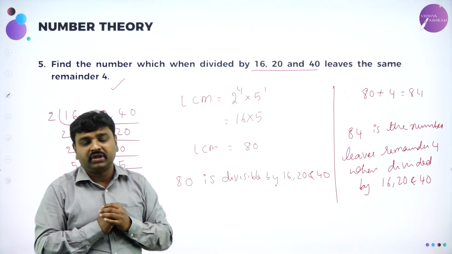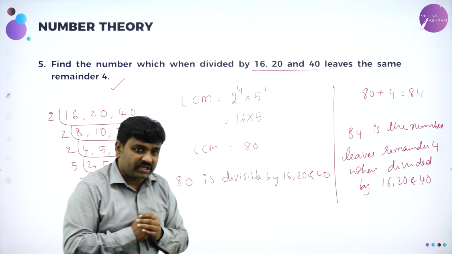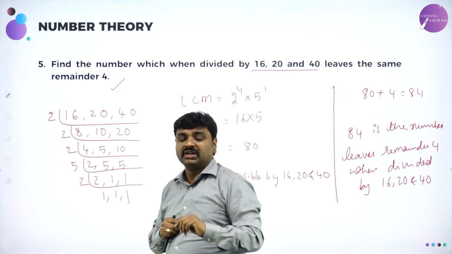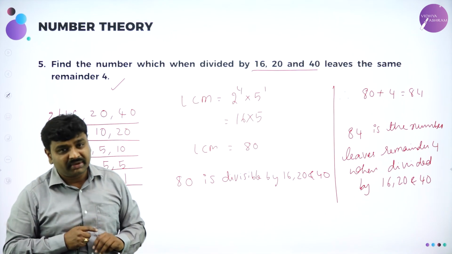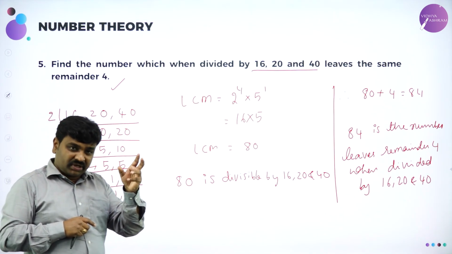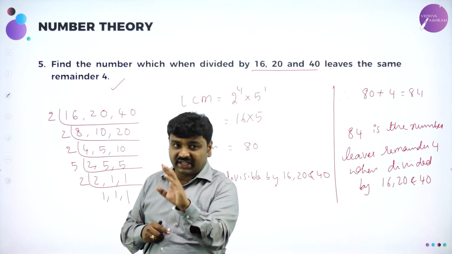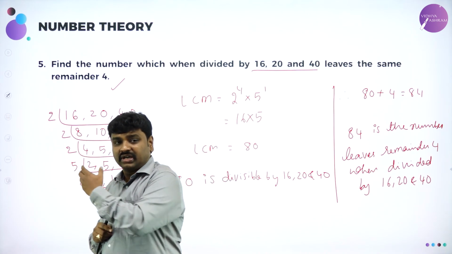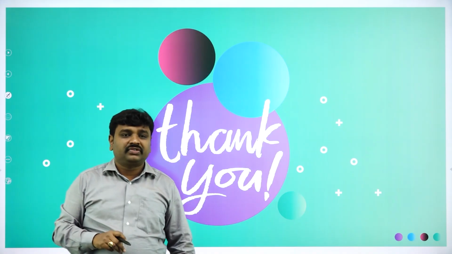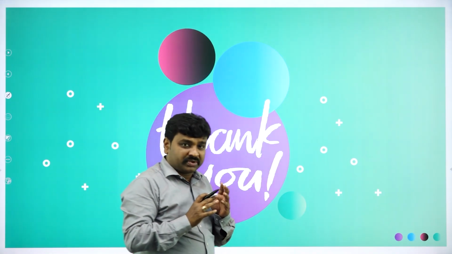I hope all of you understood this. So in today's class we have done problems based on finding the LCM using the factorization method, finding the LCM by the division method, and word problems. They will give a statement, you have to understand the statement, find the LCM and see what is required. Here, remainder means after finding the LCM, add the remainder, that will be the number. So by this we have done problems based on LCM.